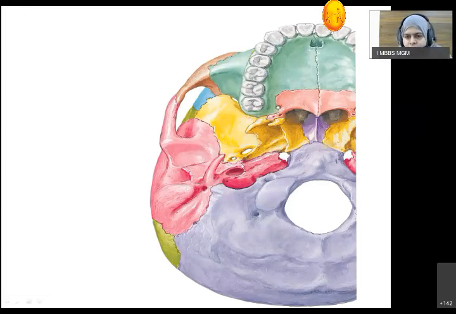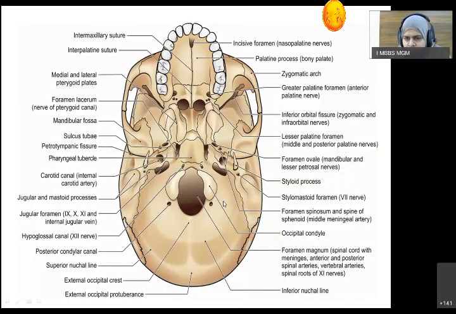Here there is one fissure which is known as the petrotympanic fissure, between the tympanic portion and the petrous part of the temporal bone. Posterior aspect, again foramen magnum, condylar processes, anterior and posterior condylar canal. Here you can appreciate this elevation, the pharyngeal tubercle, external acoustic meatus, external acoustic crest, highest nuchal line, superior nuchal line, and inferior nuchal line. So that is about the norma basalis.